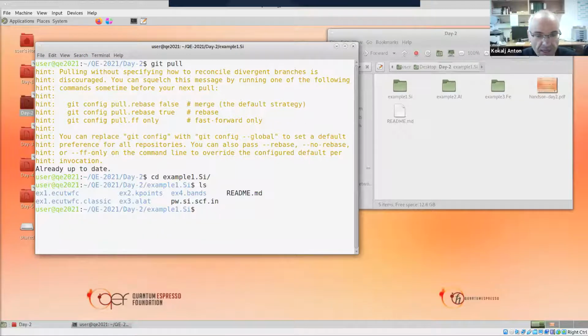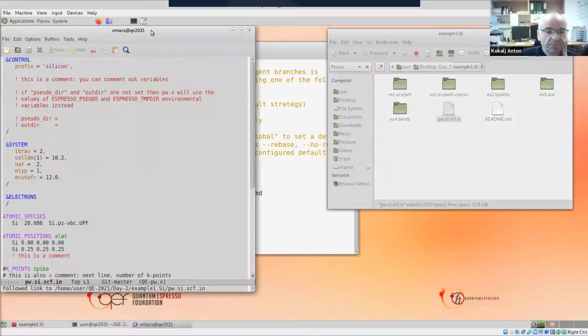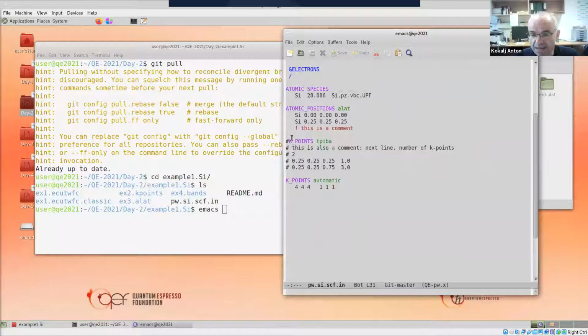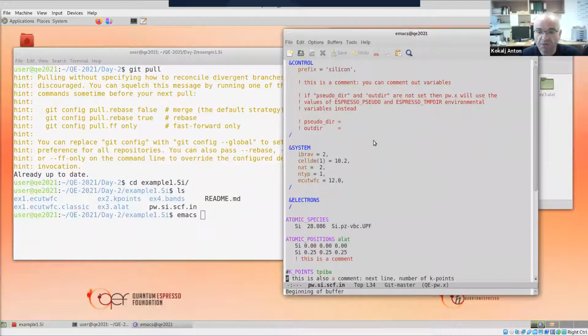Okay. And so here inside, again, in this example, silicon, I have several sub-examples, a README file, and here is the input file for the PWX. And we can open it, for example, in Emacs, or another way is to use a file browser. And so here we can see some name lists, and in these Emacs modes, everything that is red means comment. And also this hash here means comment for the cards, but is not colored red in Emacs modes. Okay, so this is the basic structure of the